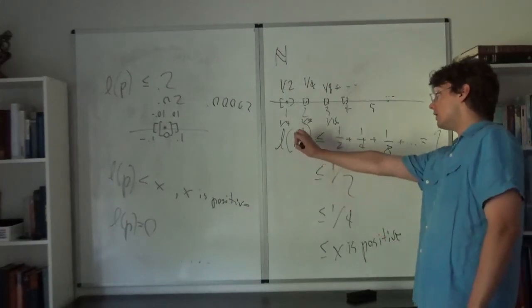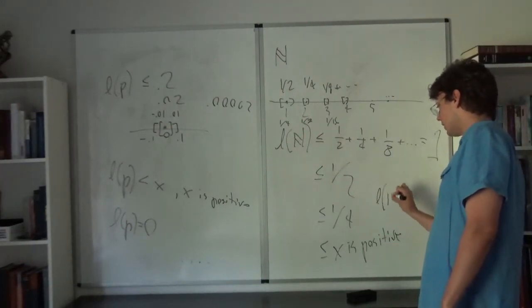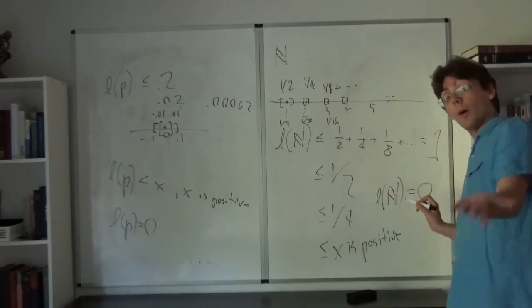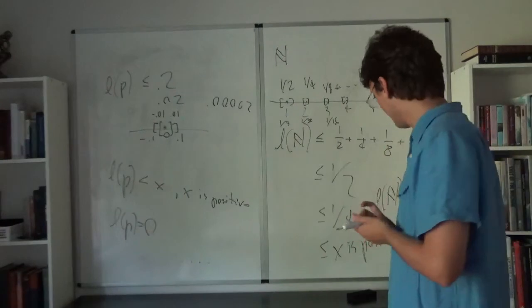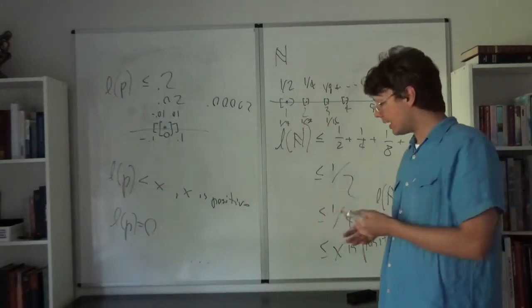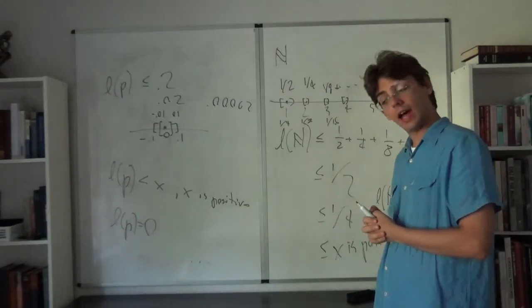So that means that the length of the natural numbers, this infinite set of points, is equal to 0. Okay, that's impressive, kind of, but again,